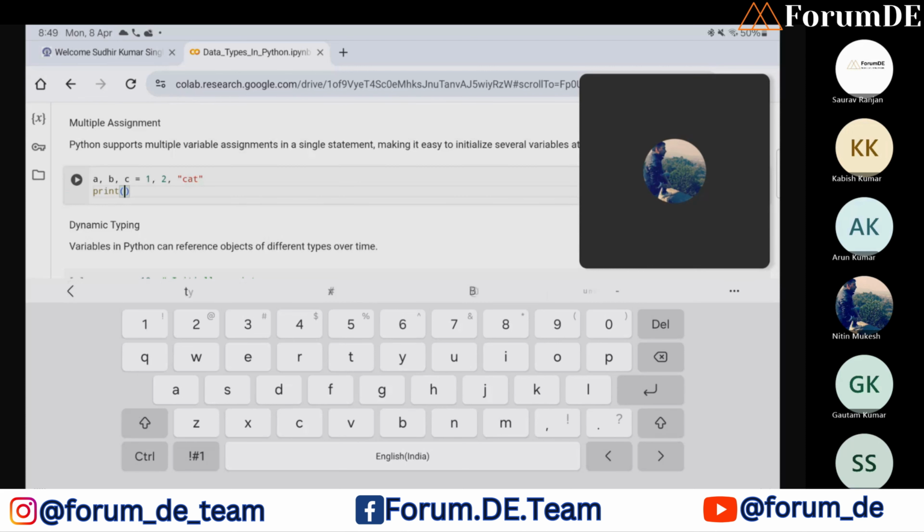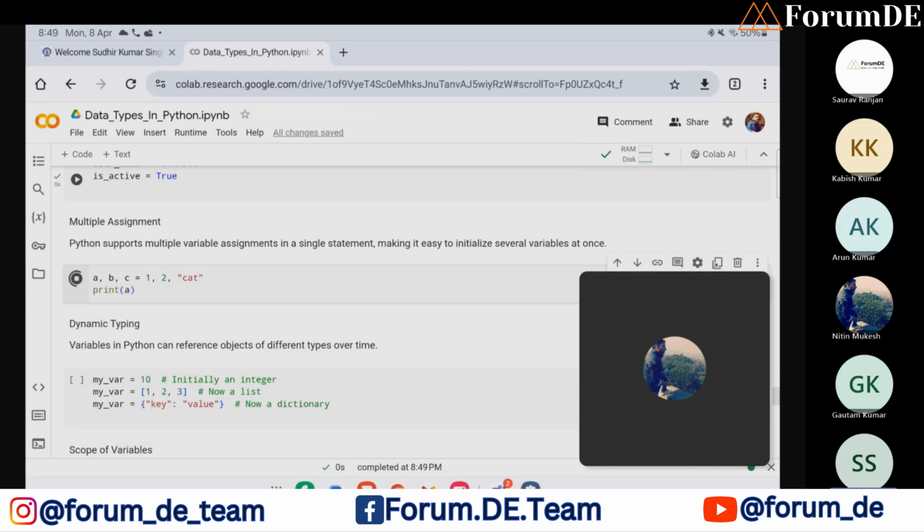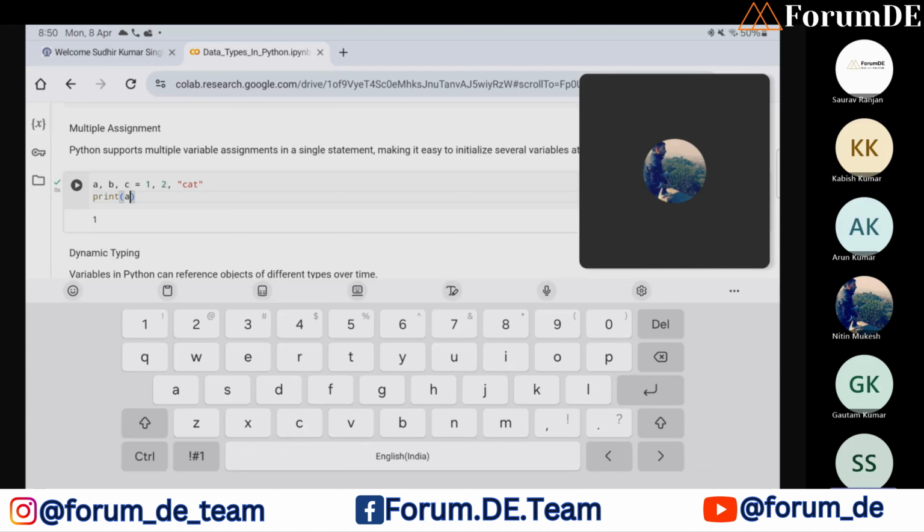Print a. So sequentially it assigns: a is assigned 1, b is assigned 2, and c is assigned cat. So you can see here also.